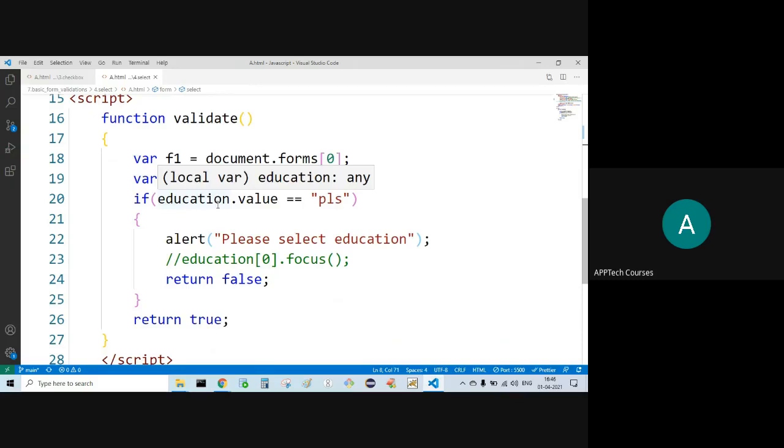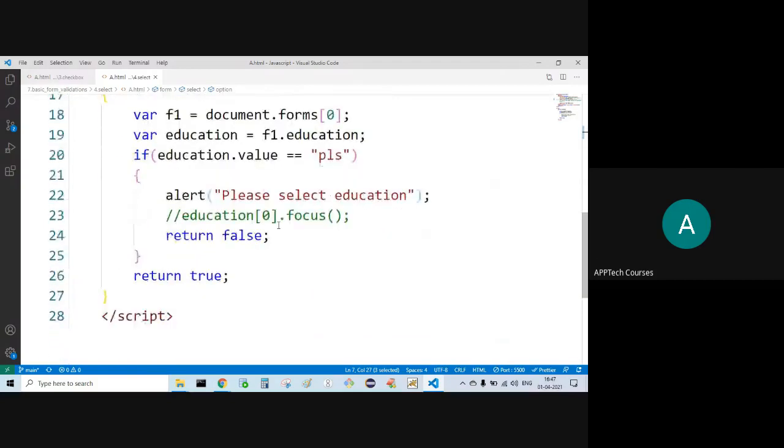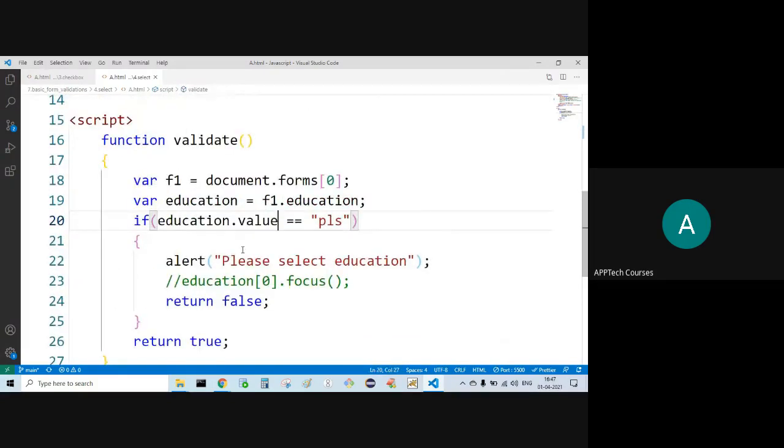If any value is double equal to PLS, that means if any option value is equal to PLS, observe, for this option PLS, for this option BE, for this option education dot value.